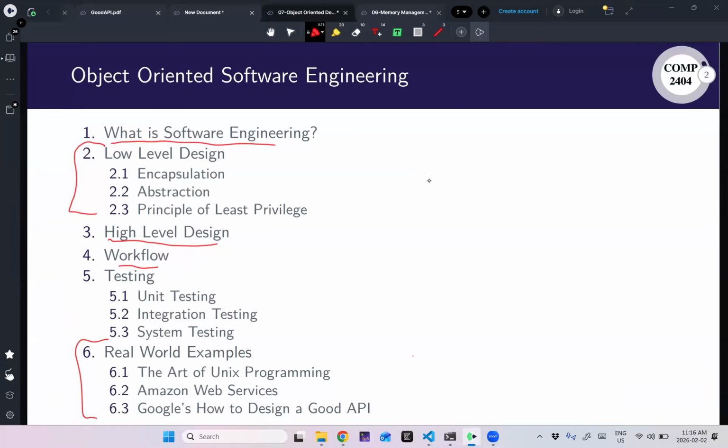because I tell you all this stuff, and why should you believe me? So we're going to try and support it with some real-world examples, right? So we're going to look at Unix, Amazon Web Services, and Google, which are three sort of successful software endeavors, I suppose. Unix is not a company. And we're going to look at what they think, and we're going to try and support the things that we tell you with real-world examples.